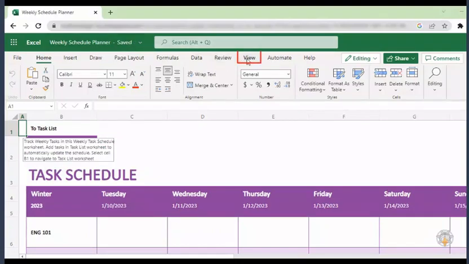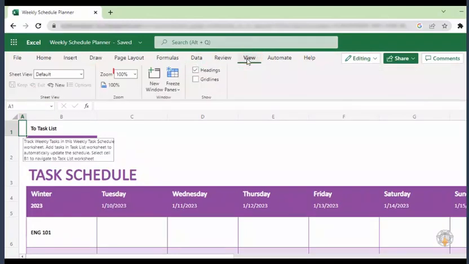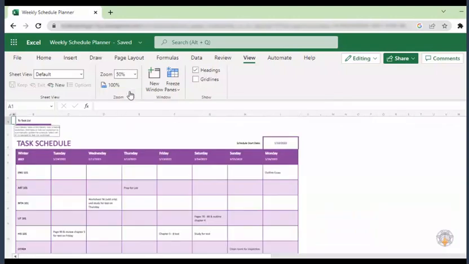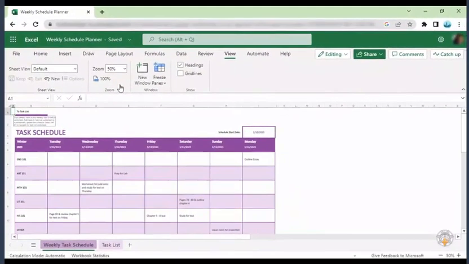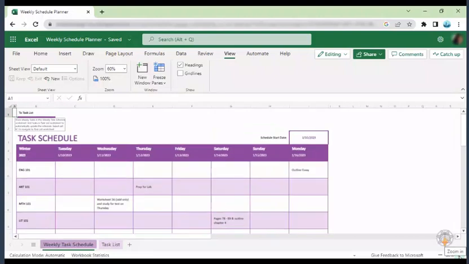Then, click on the View tab and go to the Zoom percentage box. Here, click on the arrow beside and select 50% from the drop-down list. This zooms out your worksheet immediately. Alternatively, you can also zoom in or zoom out your document by the Zoom toggle button at the right-hand corner of your worksheet. For this, you just need to click on the plus sign to zoom in and click on the minus sign to zoom out.